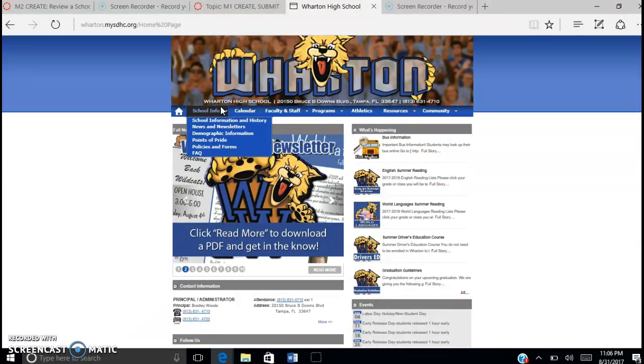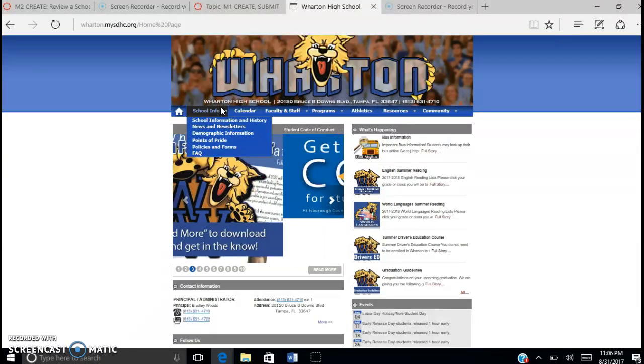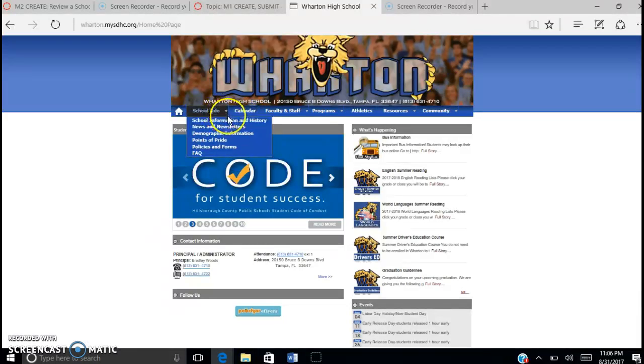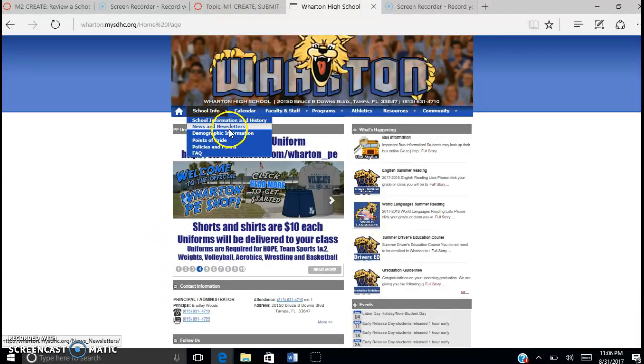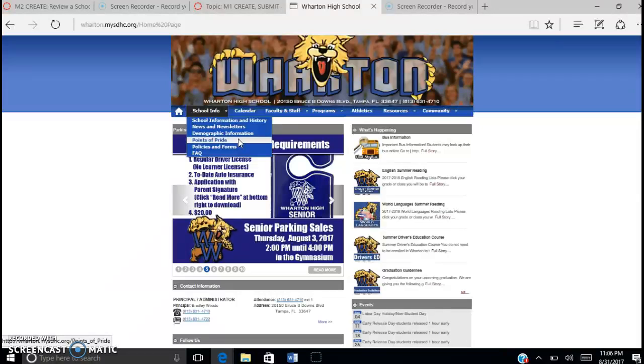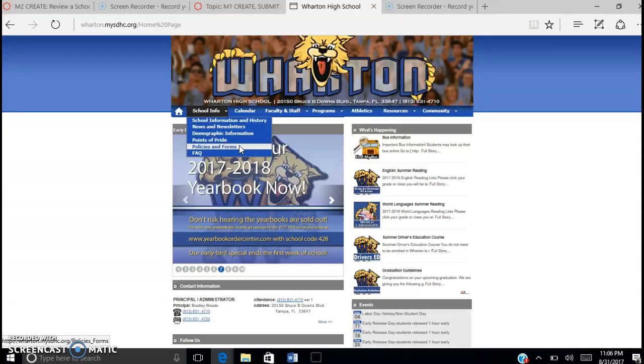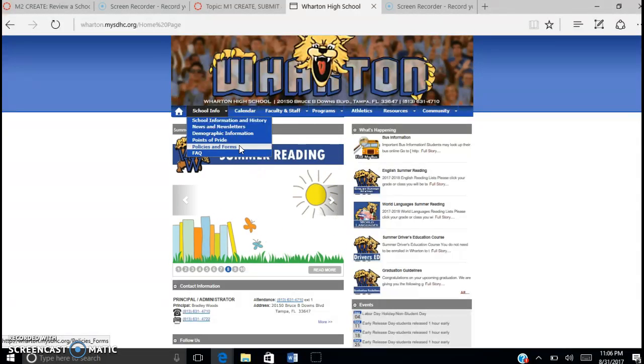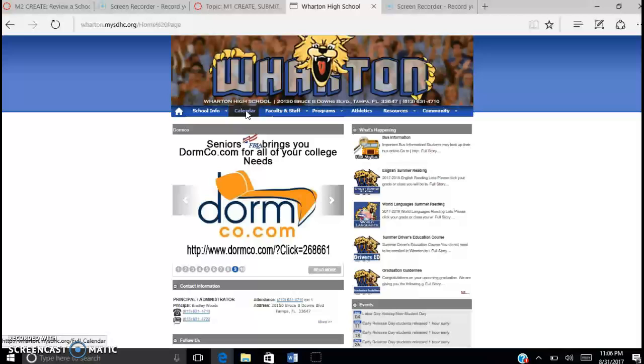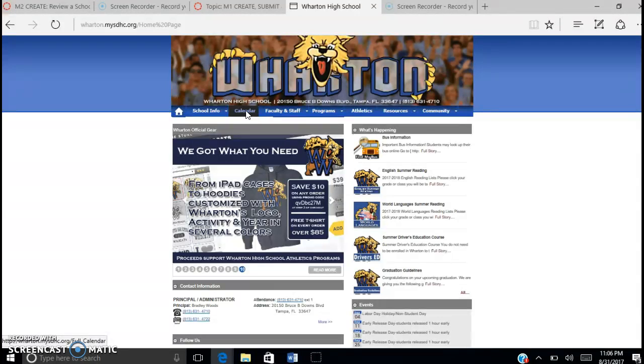There are several tabs on the home page, such as school info, which gives you the general review of the school's history, its newsletters, demographic, and points of pride, which is recognizing students that have achieved something good. Policies and forms is where you would go to electronically submit or print out forms needed, such as for the bus, for instance, the behavior guidelines, you have to sign a contract for how you're going to behave on